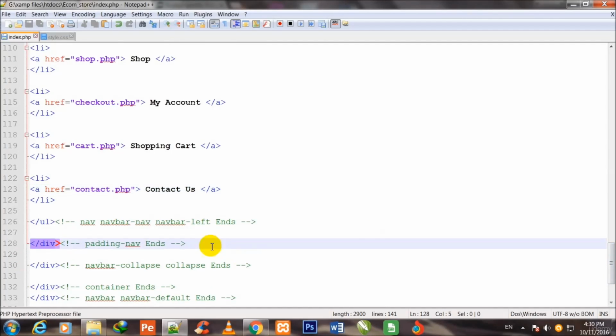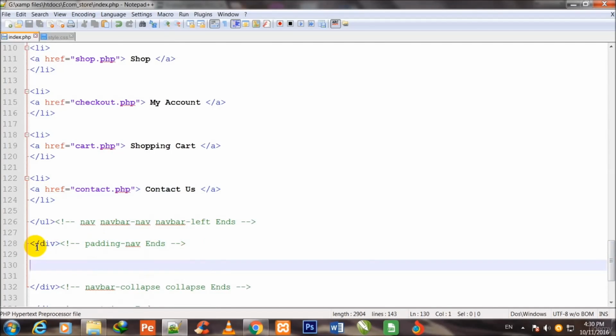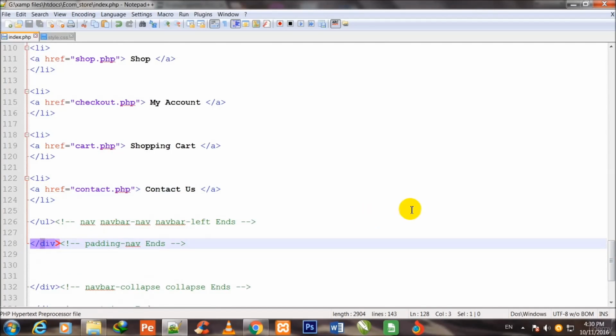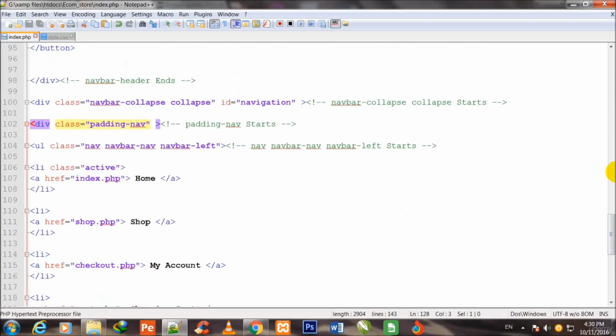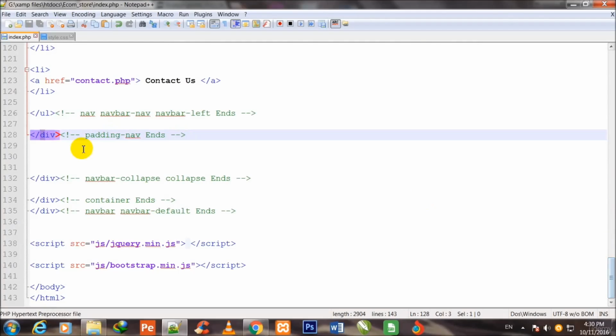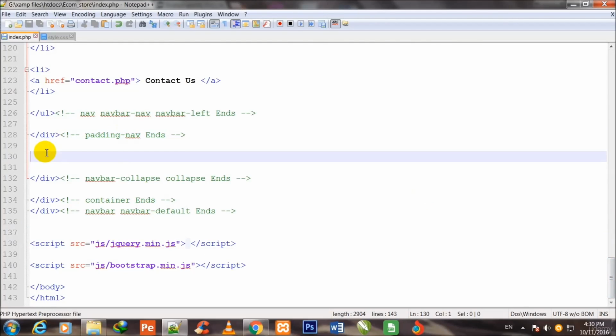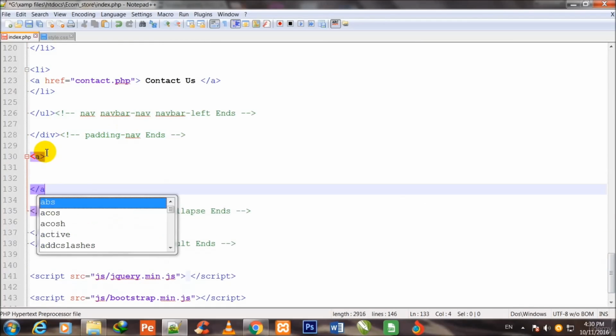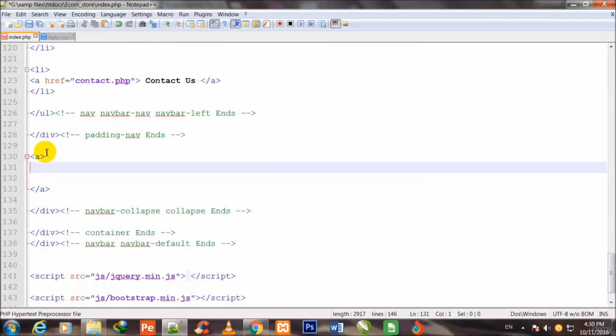And now I go out of this closing div of padding-nav ends. This is the closing div of padding-nav. I show you its starting point. This is its starting point. And I have made this UL, and inside the UL I have made these li tags and anchor tags. And now I come out of this padding-nav ends and I make one anchor tag outside of it,